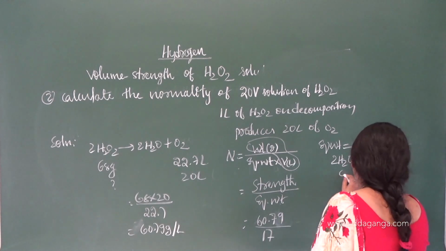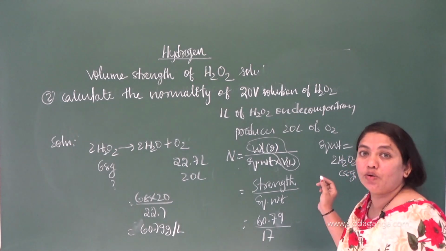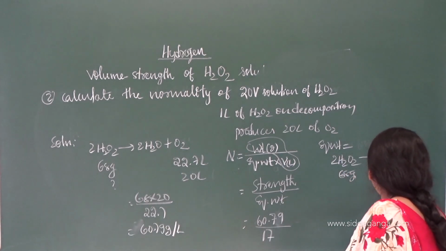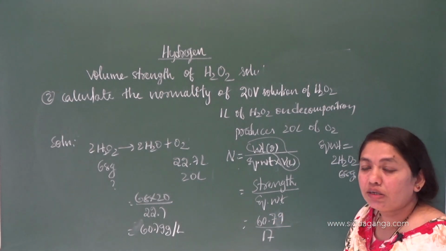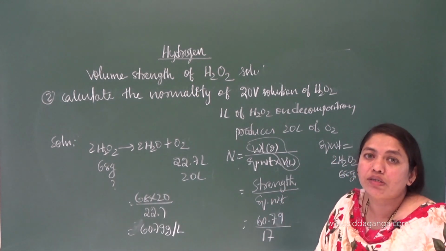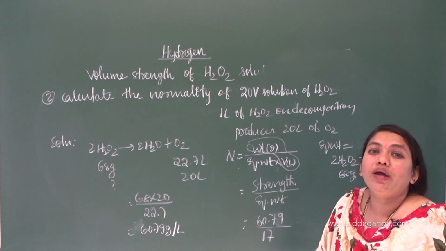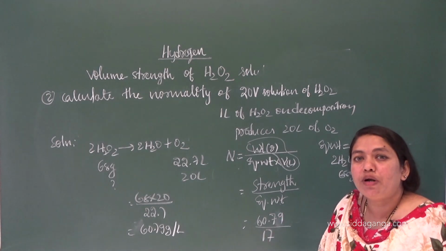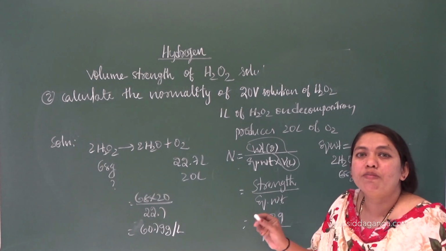Here 68 grams means O2 is how much? In terms of mass, it is 32 grams. So according to the definition of equivalent weight, 8 parts by mass of oxygen. I think you have discussed this in the chapter Some Basic Concepts of Chemistry. If you are considering the oxide method, to calculate the equivalent mass it is 8 parts by mass of oxygen, 1.008 parts by mass of hydrogen, and for chlorine, 35.5 parts by mass of chlorine.